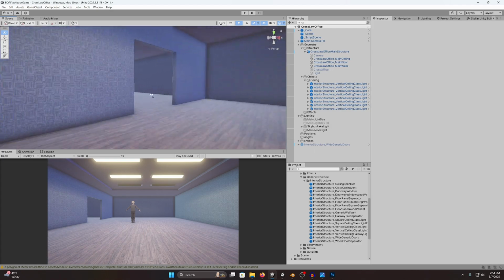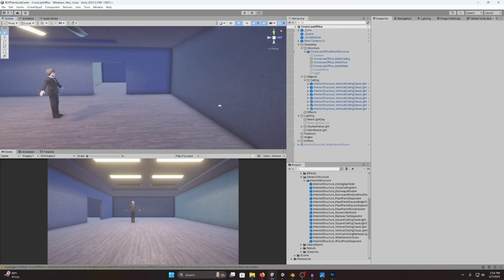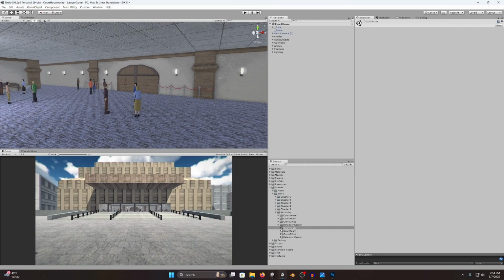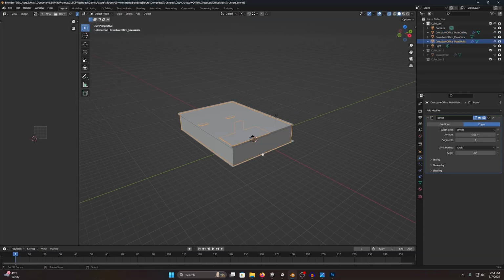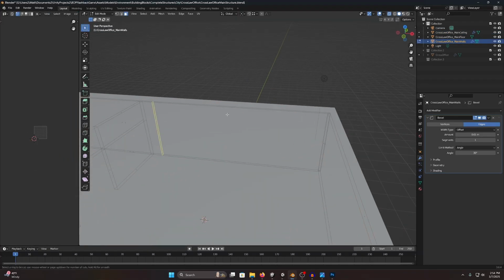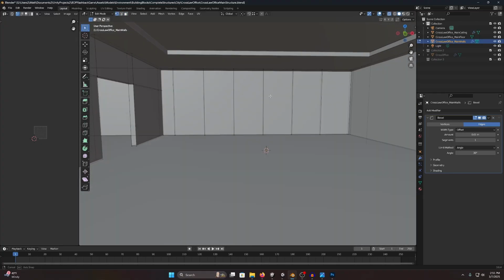Okay, so we're going to need objects to replicate what we had here. Oop, that's not it. And we need the window. So I think most importantly, we're going to need to carve that hole into here. I'll get a loop cut in there, and then I'll just slice it up into